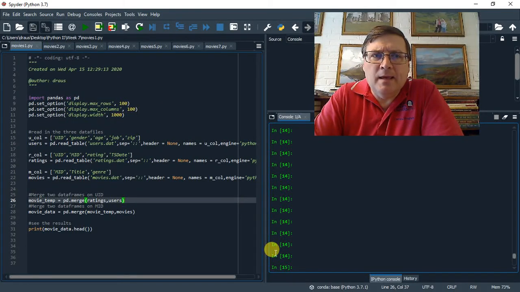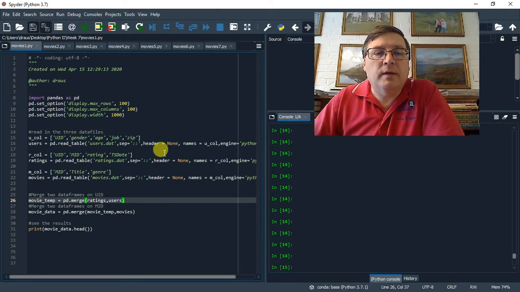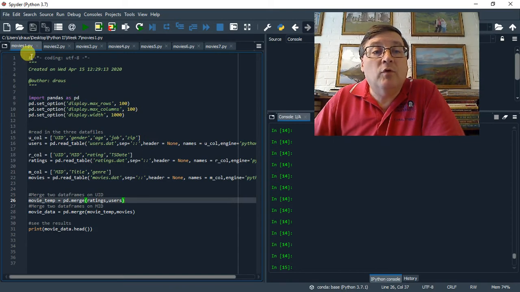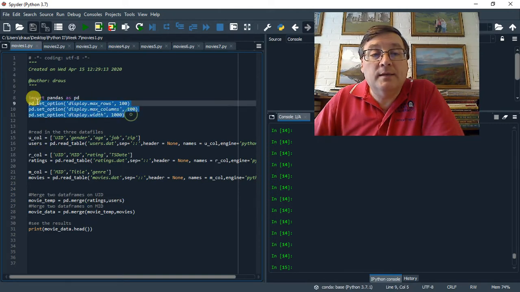So we're going to be looking at a movie ratings data set that I got from MovieLens. There are 3 data files we're going to need to merge together. So we import, if we look at movies 1, we'll go through movies 1 through movies 7. We load Pandas, set up the display options, then we read in the first of the